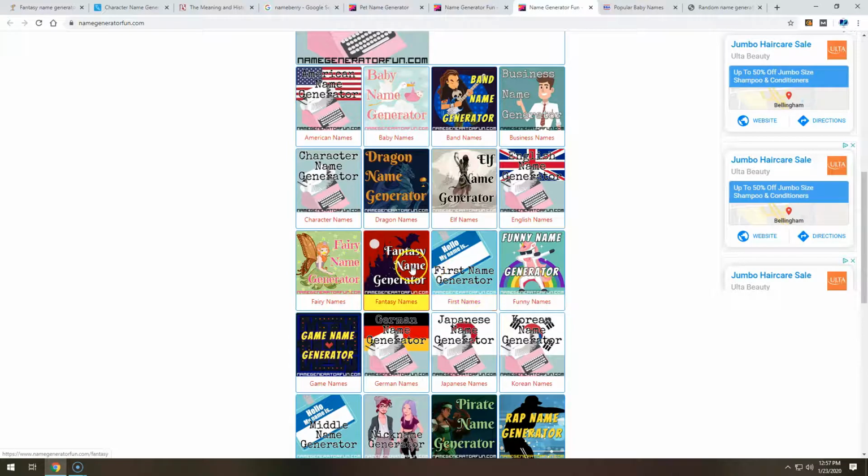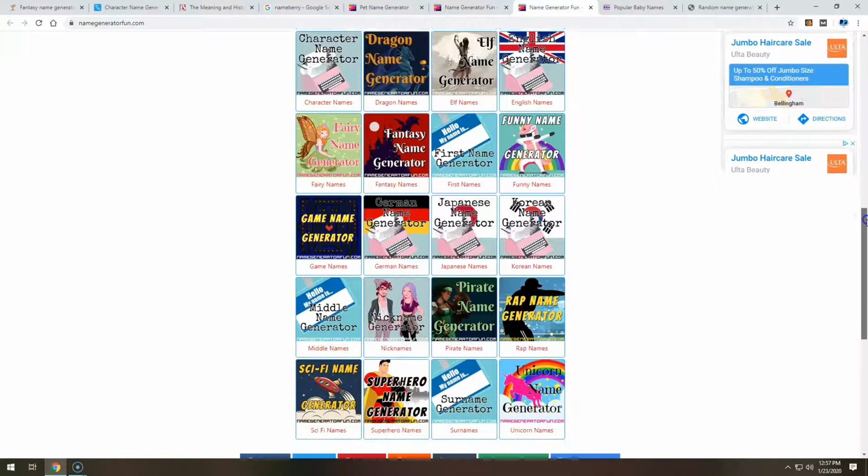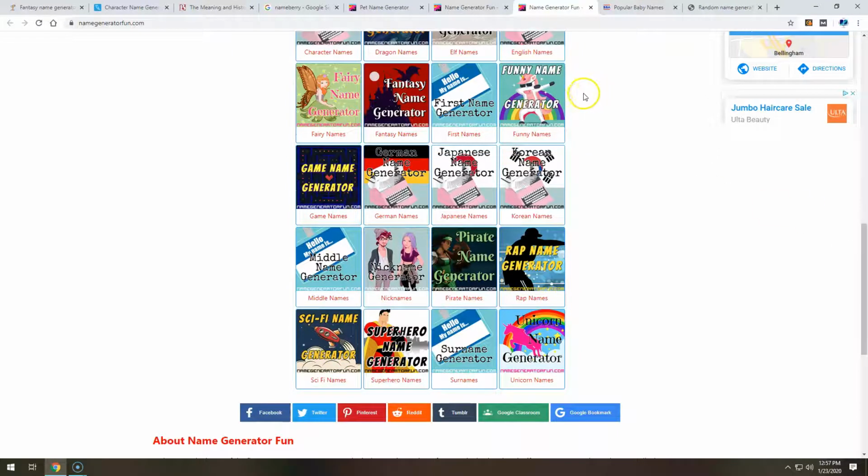Fairy names, fantasy names is a really good site for the fantasy and sci-fi writers. Elf Name Generator, I think I used the site for my book Fooling Around with Cinderella. The grandfather in the book is really obsessed with garden gnomes, and he likes to hide them and make family members find them, and he comes up with these long, crazy names. I mean, I never could have just come up with a name off the top of my head. That's how crazy the names are. So I either used this Elf Name Generator or a Dwarf Name Generator on another site, and it came up with the perfect names for his garden gnomes, which I never would have thought of myself in a million years. Funny Name Generator,